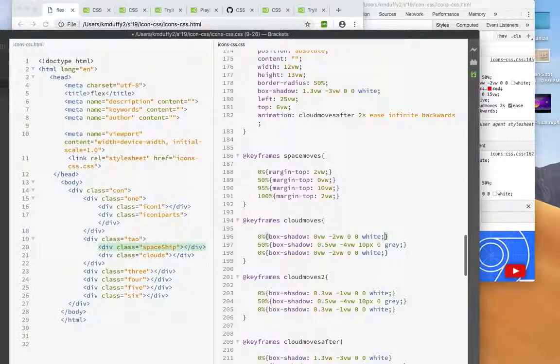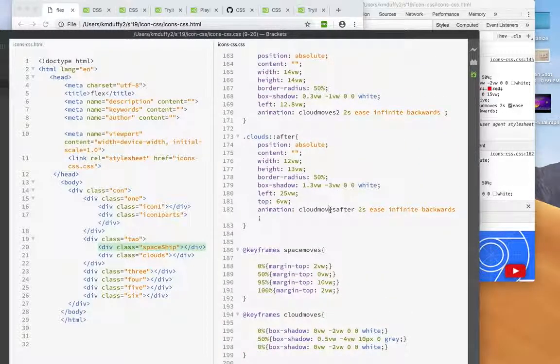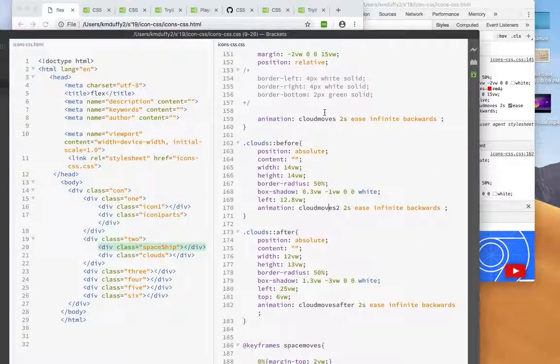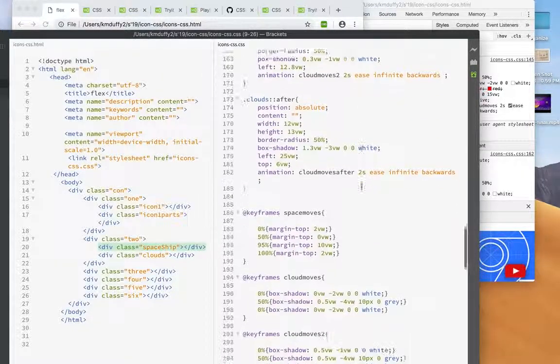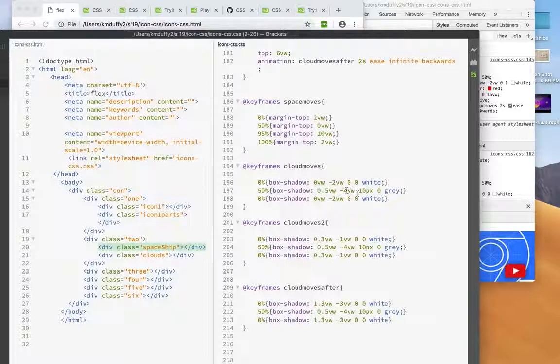Oops. Okay, so I got cloud moves after, cloud moves 2, and then cloud moves, and they're going backwards because they're sort of finishing up the way that I wrote them to end. Okay, now I have these really special little clouds. And if I want, I can go back in and I can maybe make them move a little bit more, right? So maybe on cloud moves,